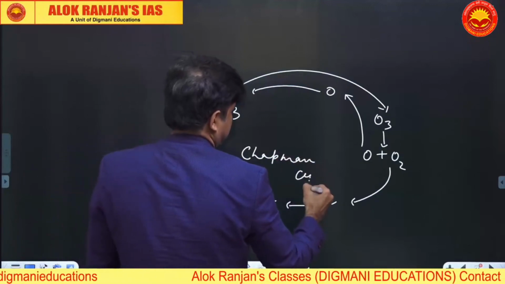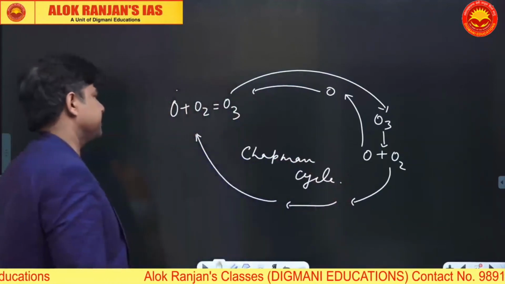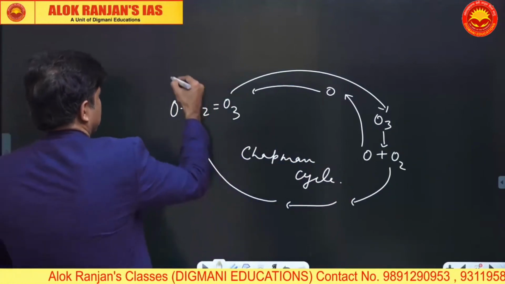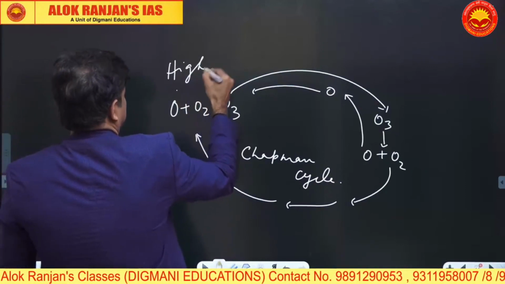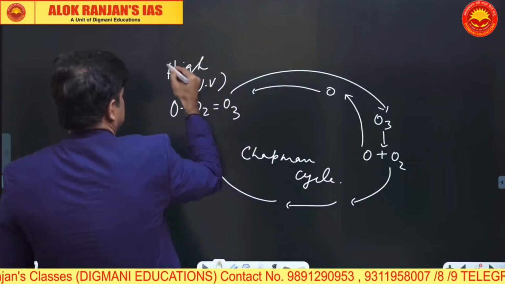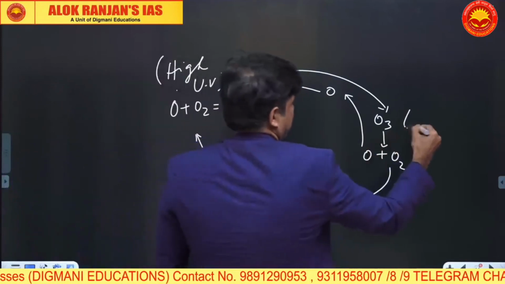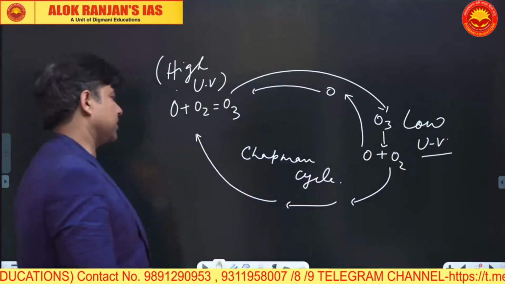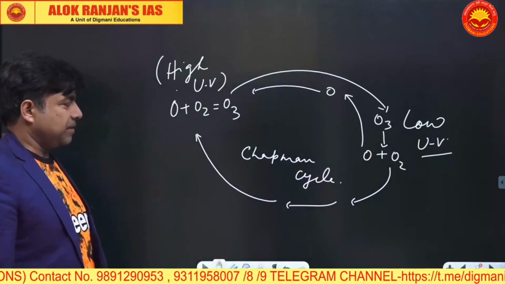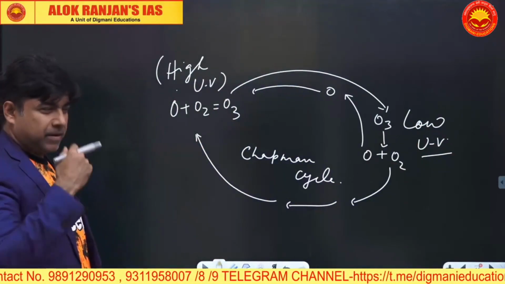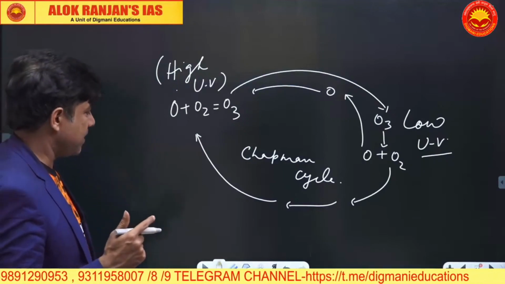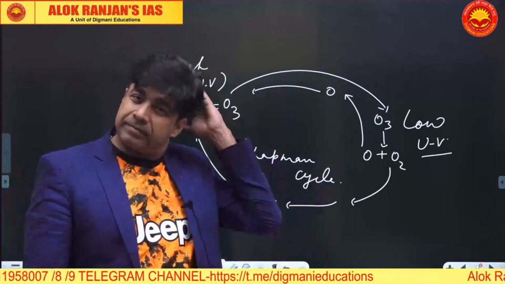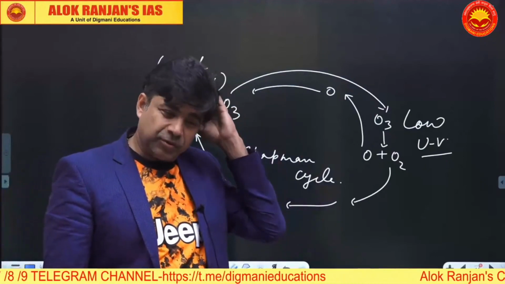This is your Chapman cycle. High UV rays, low UV rays. This is your Chapman cycle. Now write ozone layer depletion. Ozone layer depletion